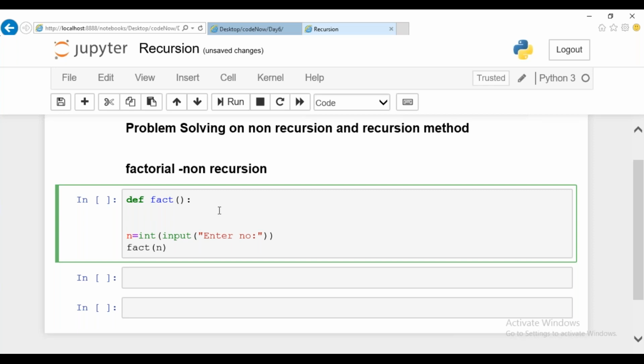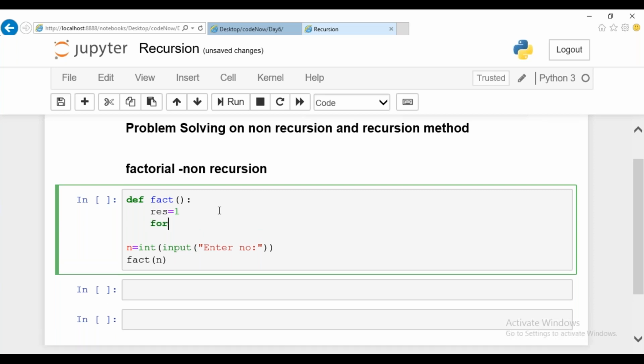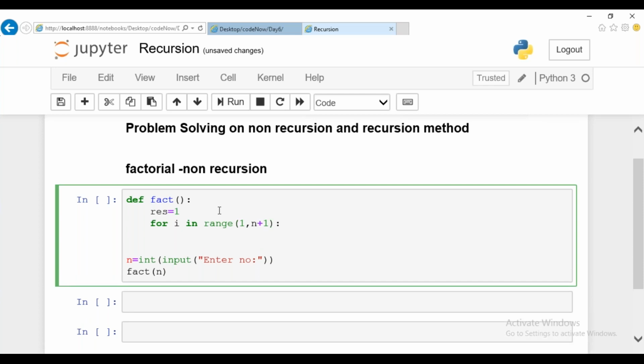Okay. So we'll see here. We are going to have a result which is nothing but the initial value has to be initialized to 1. The reason is whatever the value multiplied with it will be initialized multiply along with it. So we are supposed to initialize 1 not with 0 and you can take a range of n plus 1. And inside is a small operation is nothing but you're going to multiply each and every time.